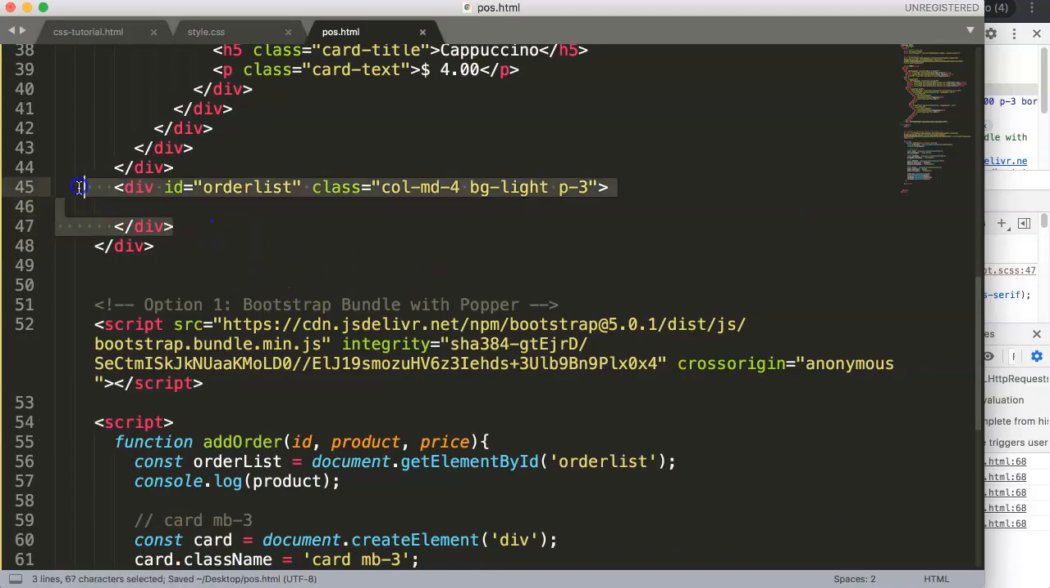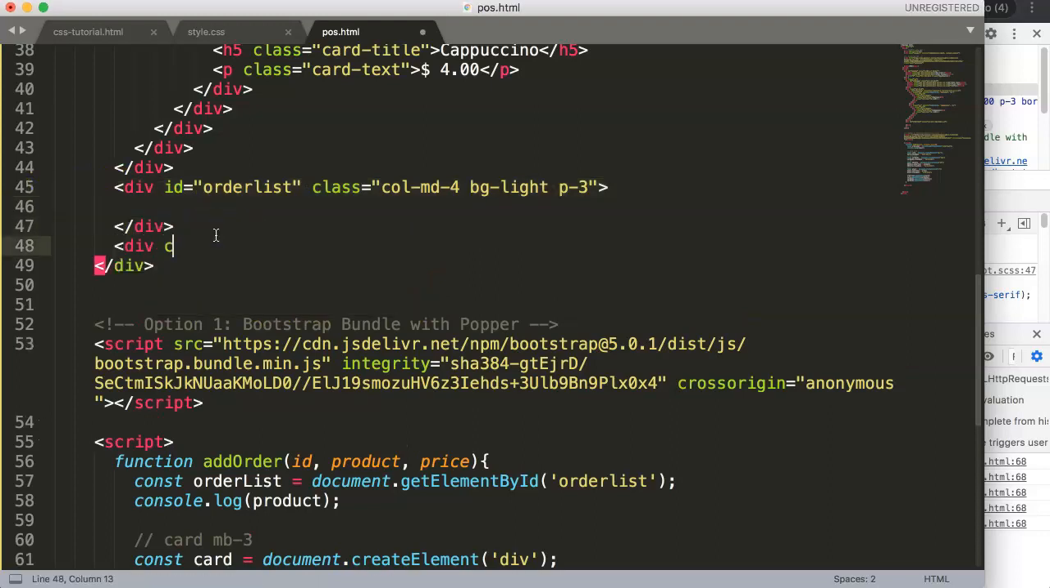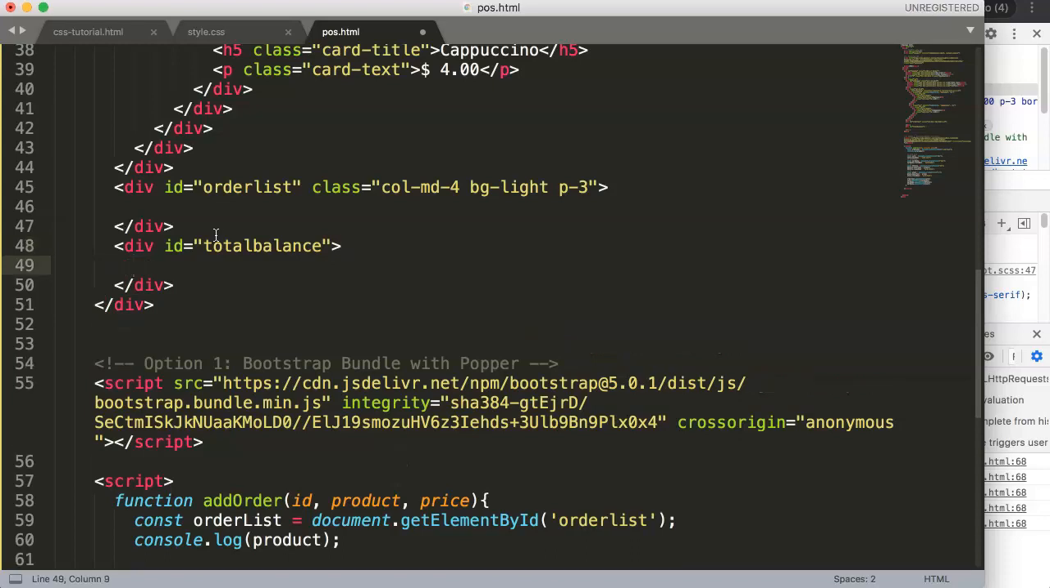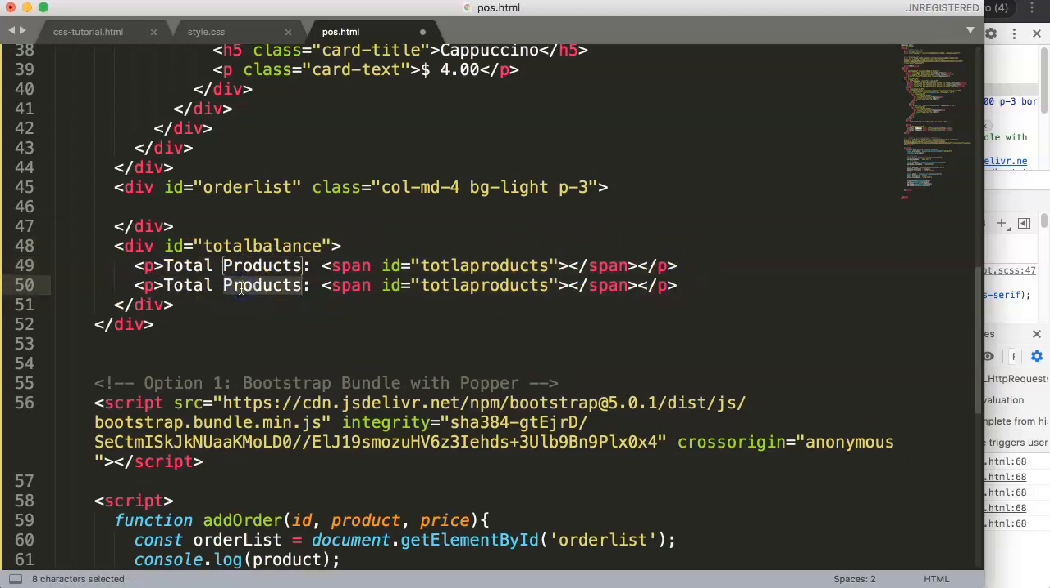So remove that, and then what we can do here is I'm going to put in a div. Then we say here ID total-balance. Alright, and the reason why is this will be the total balance part, and in here we're going to have a paragraph of total products equals, and here a span, and this span will have an ID total-products, and then here we have another one which will be total amount,